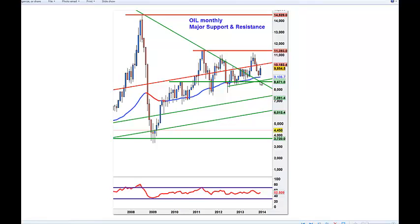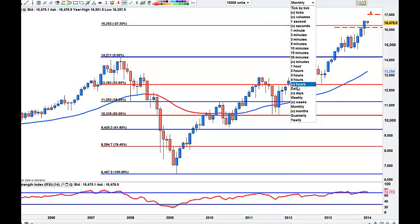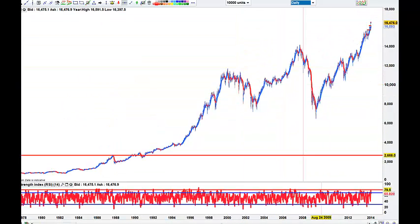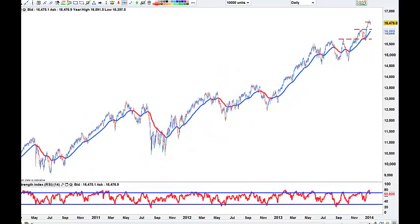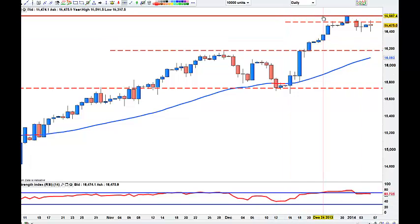Okay, so just to summarize then, I'm looking for the Dow to still break higher, to close this gap that we've got on the back of non-farm payroll, to close this gap and break higher for the coming months. May end up with a lot of chop as we are obviously very extended,